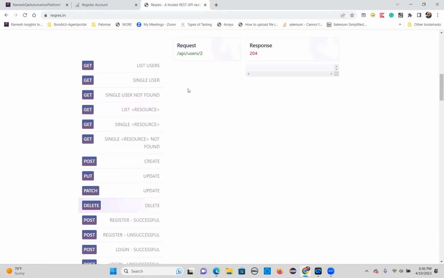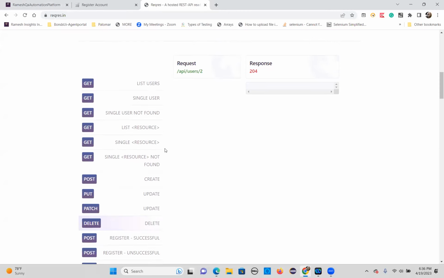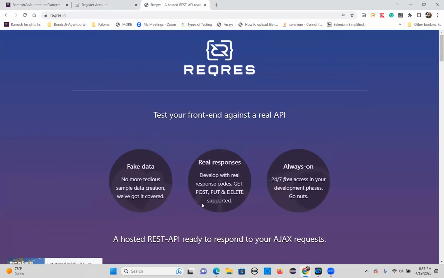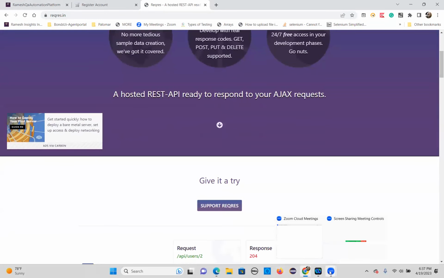That's why I'm going to take that as the endpoint URL. After this endpoint URL, you can go and do it one by one. So first we have to create a